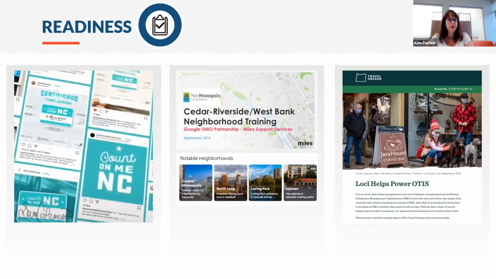In Travel Oregon and also in Portland, they are working with tools and technology to integrate their business listings from Google and other platforms directly into their core tourism listing database so that it can be used across a lot of their products. By providing a tool that is a beneficial marketing tool for the businesses, rather than having to beg businesses for their listing information, we now have enthusiastic participation around that.